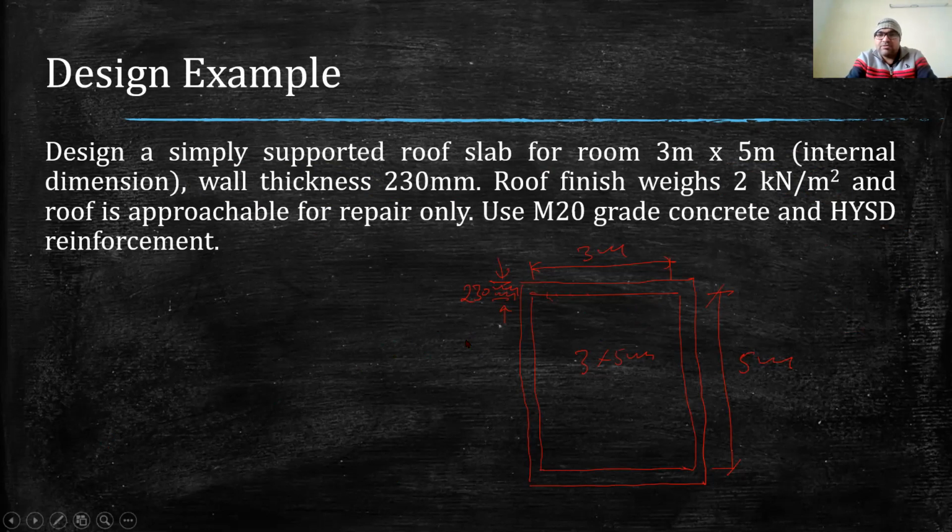Now we will follow the steps of design and we will design the slab. So as I said, we will be designing this slab as a unit width strip. For example, for the shorter span, the unit width strip will be like this one. So we will be designing only this strip along the shorter span. Similarly, this unit strip will be up to this one. Similarly, for the longer span, we will have another unit strip which we will be designing. Okay, and the width of this unit strip will be 1 meter, and in the cross section it will look something like this.